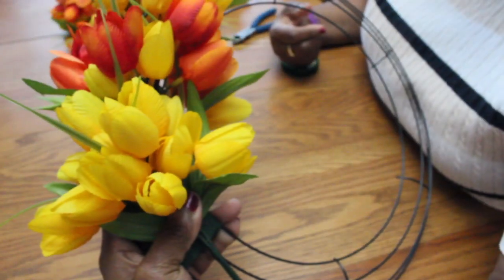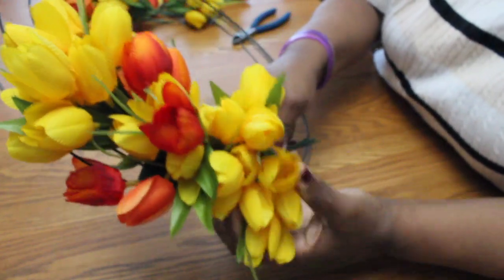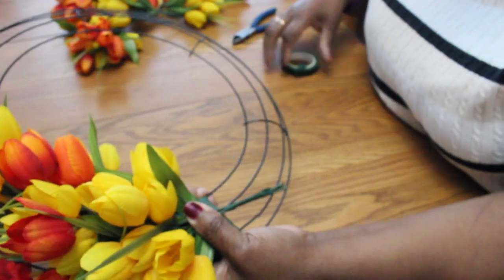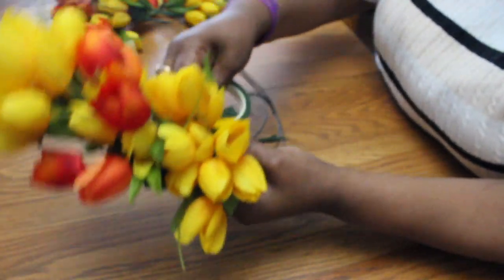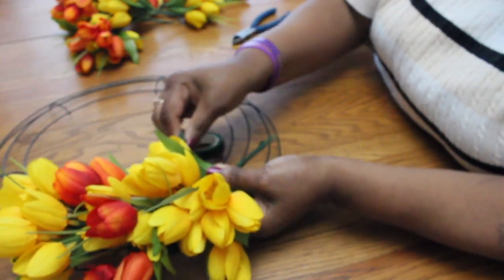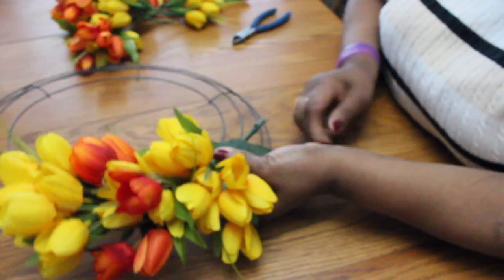So you can actually see. You can't see any tape because this is spread out. And I'm going to wrap the tape around this. So I'm just going to show you how I'm doing it. And I never did this before, so